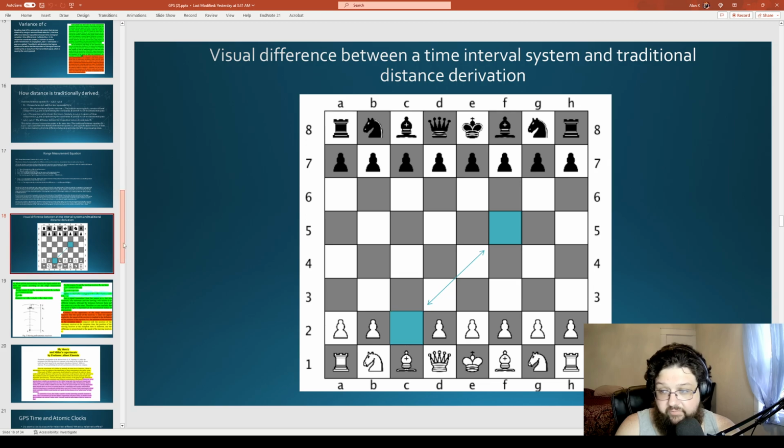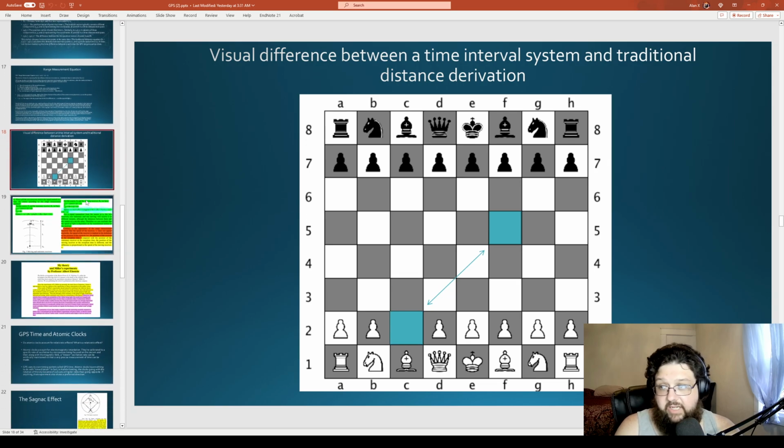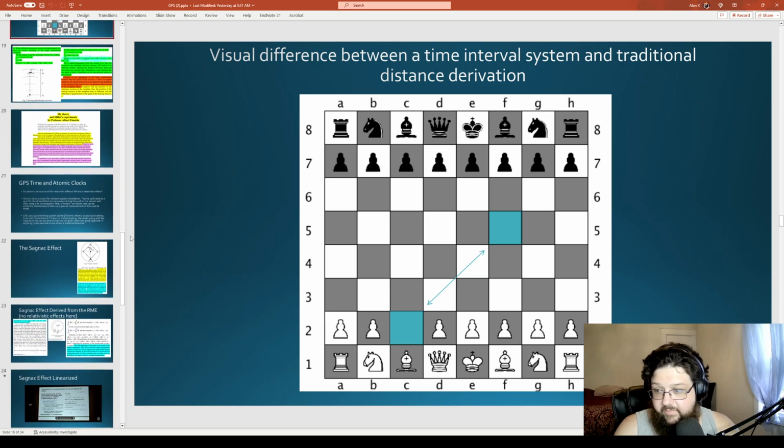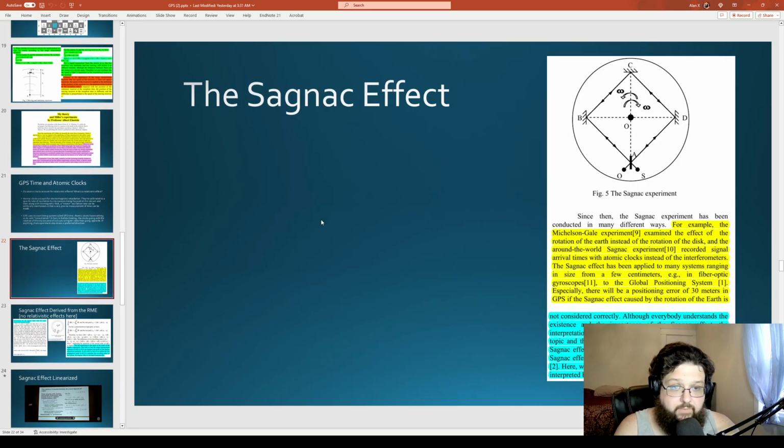So, huge difference in the way that it's being derived, because, like you were saying, if you were to do planar transformations into another coordinate system, etc., the distances would vary. But GPS being a time interval system actually solves that. Now, the big conundrum that they've